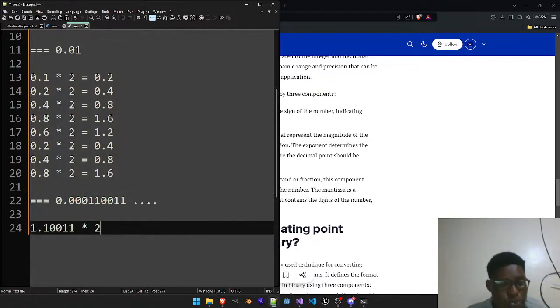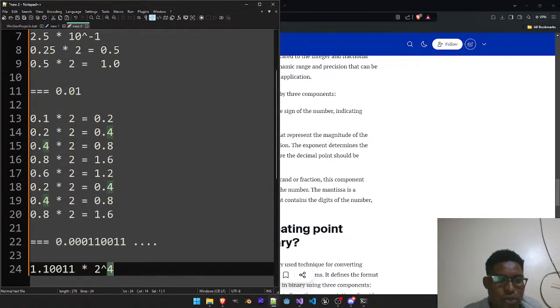Times two, since we are in binary, our base will be 2, not 10. Then to the power of 4. And you notice for this one, even though we're moving in this direction, it will still be positive, not a negative like in the decimal, because it's kind of like